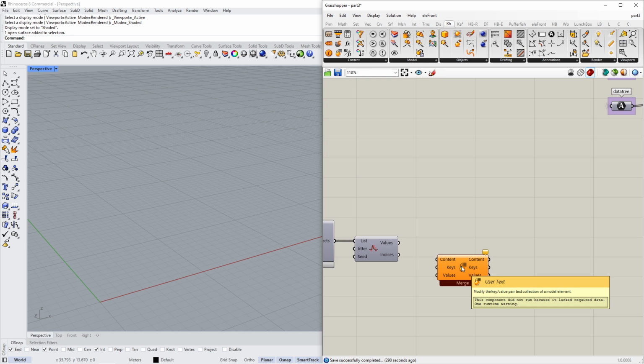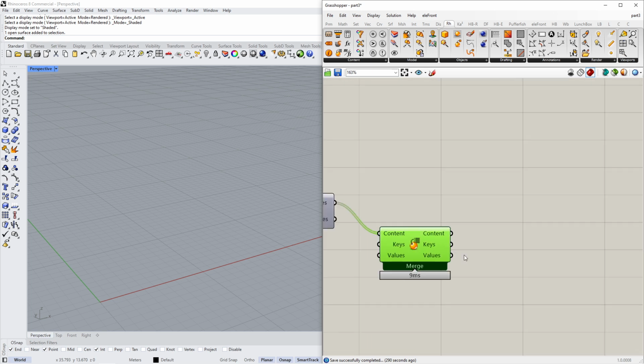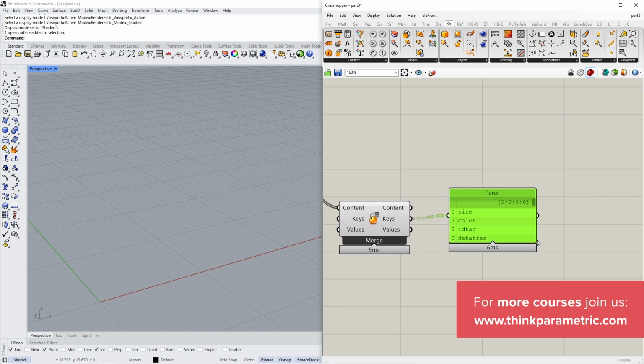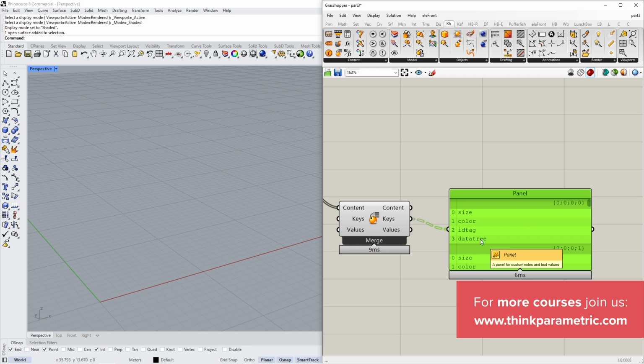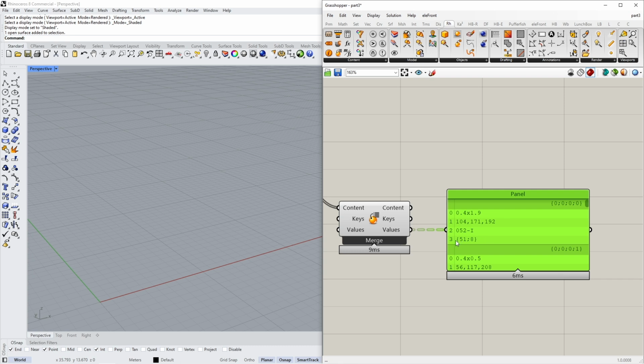This component lets you either modify or retrieve those key value pairs. So this is the content, and under the keys, we have all our keys. So those four that we inserted. And then the values, those are their corresponding values. And the one I'm going to use now is the fourth item, the data tree structure,